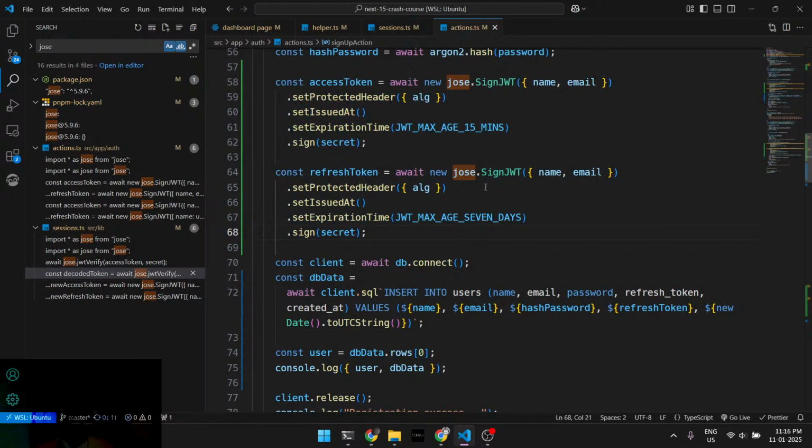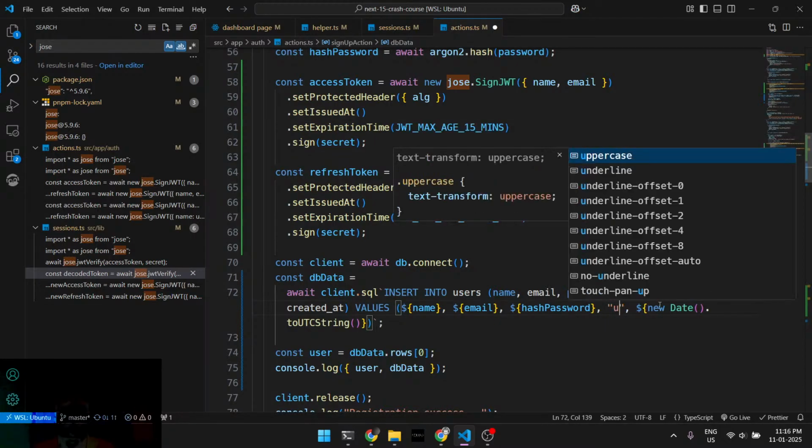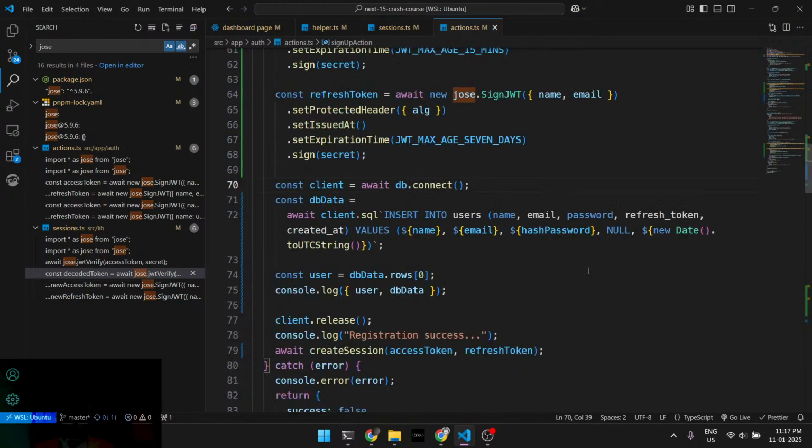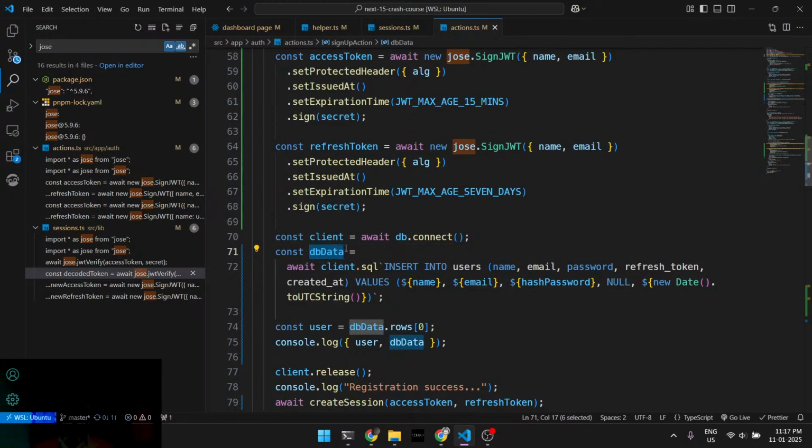The issue is this refresh token is coming from only this, right? So I'm trying to insert it. So I cannot insert it like so. It should be undefined. I'll tell you why. It can be undefined or null. There has to be a way to send a null value. Let's see, null. Yeah, we will say it as null first,